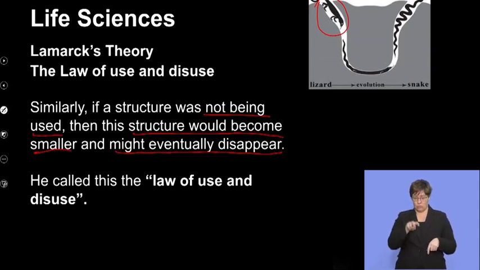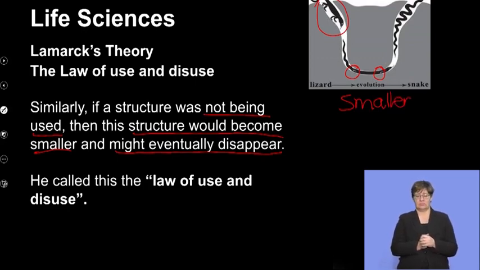And as they burrowed in the soil or lived under rocks or whatever, the space was very narrow, which then didn't allow them really to use those limbs. So those limbs were there, but they didn't use them. So the less they used the limbs, the smaller they became, until eventually the limbs completely disappeared. And this is how we know snakes today without any limbs. Okay.